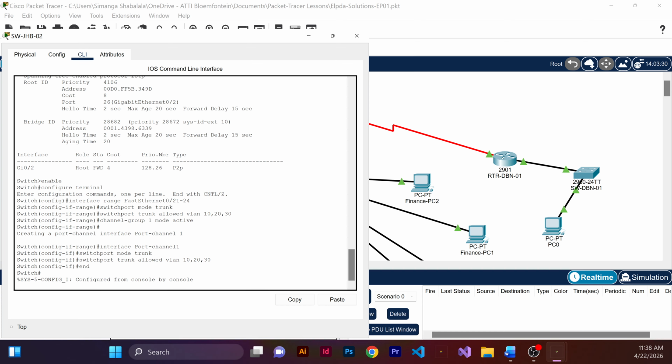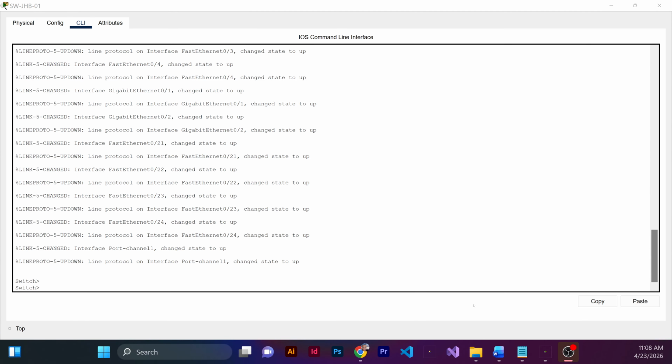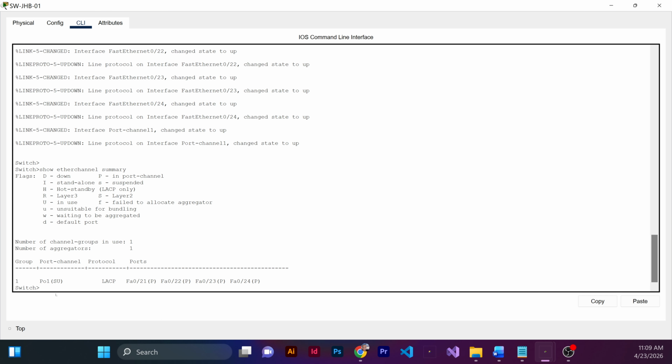So within a few seconds of typing these commands, the four physical links will negotiate and then bundle together into port channel 1. So if we go and show etherchannel summary, I think I got the spelling channel wrong. Channel, then we can see that